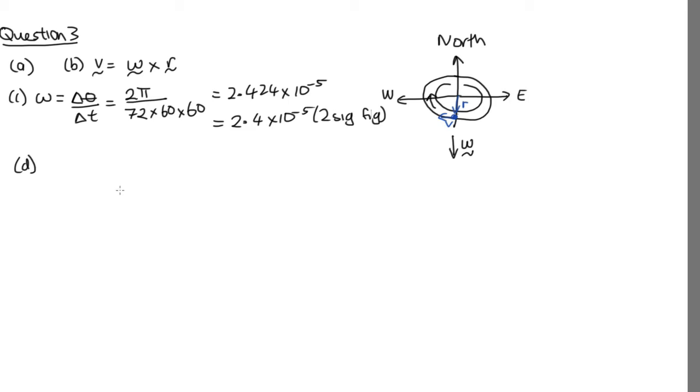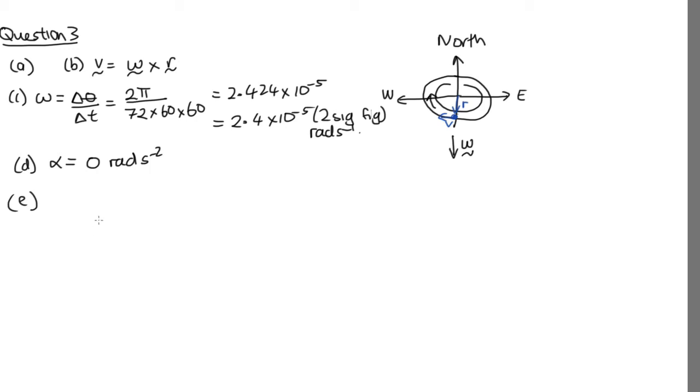Question D then says, what is the angular acceleration of the Discworld? Well, the rate of the rotation isn't changing, so the angular acceleration is equal to 0, and that's radians per second squared. Sorry, I forgot to write the units here. This was radians per second squared. And then E